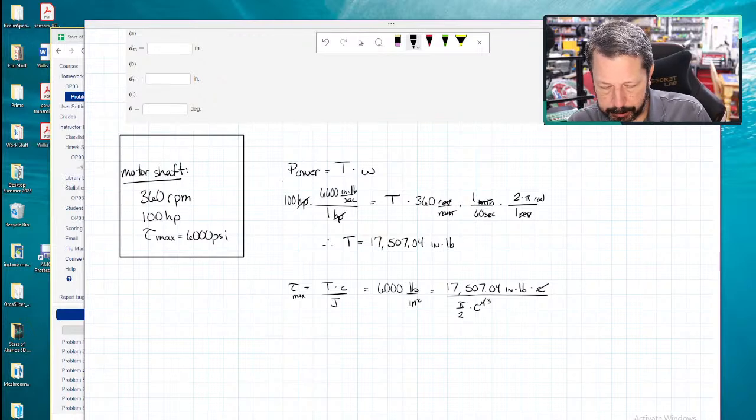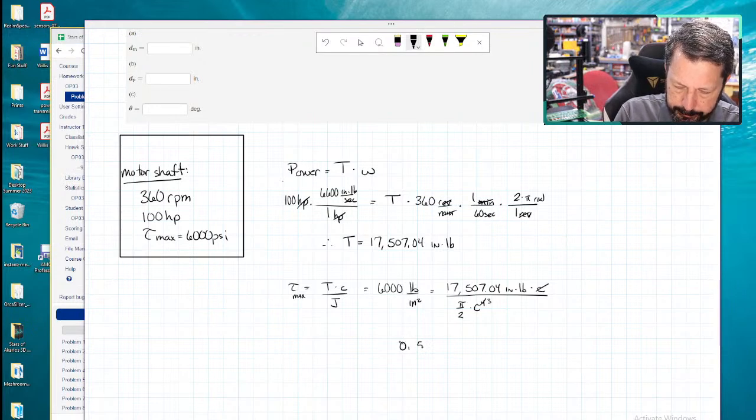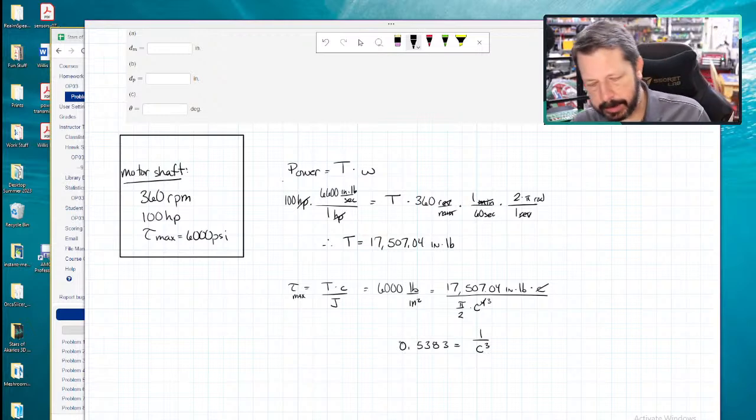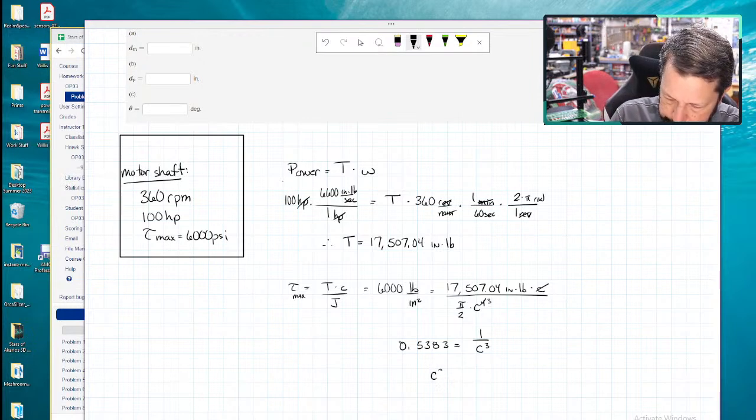6,000. Let's multiply by pi over 2. Let's divide by 17,507.04. So I end up on the left-hand side with 0.5383 equals, the right-hand side will be 1 over c cubed. So I'll need to use the reciprocal here to get c in the numerator. So 1 divided by 0.5383. So c cubed equals 1.8577